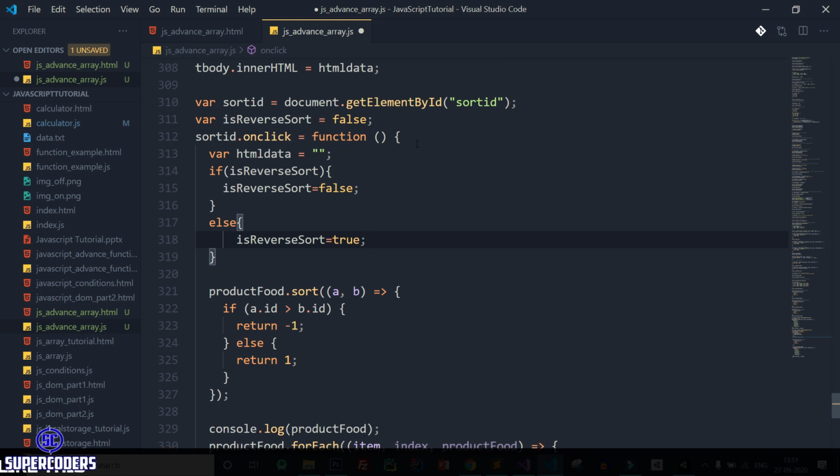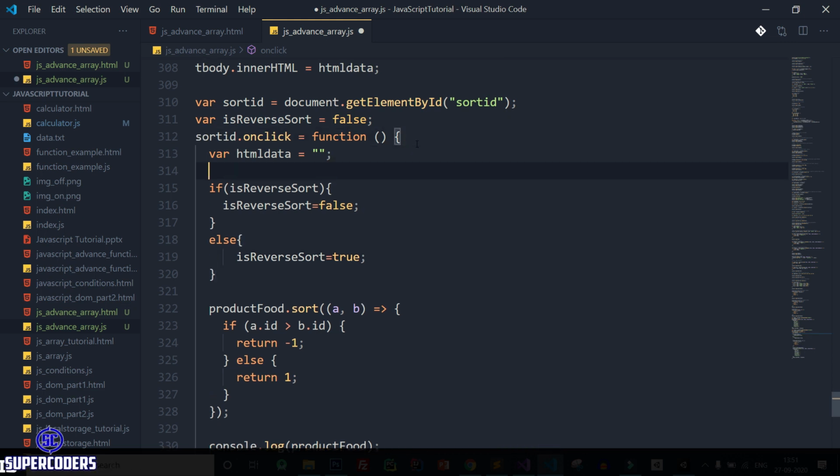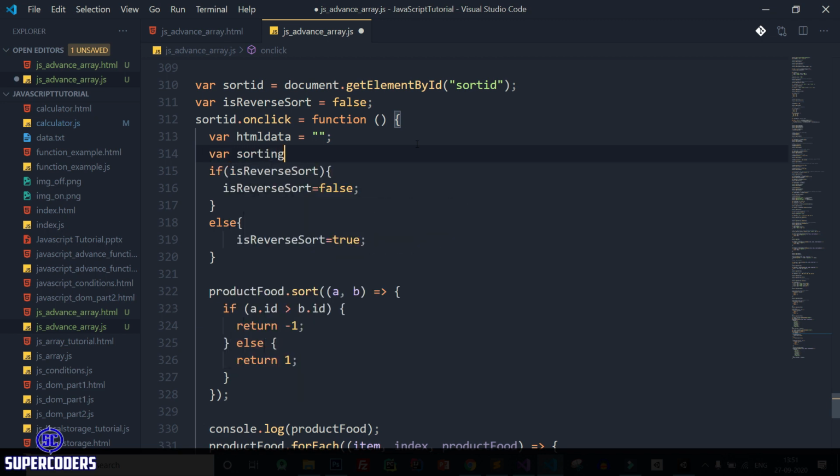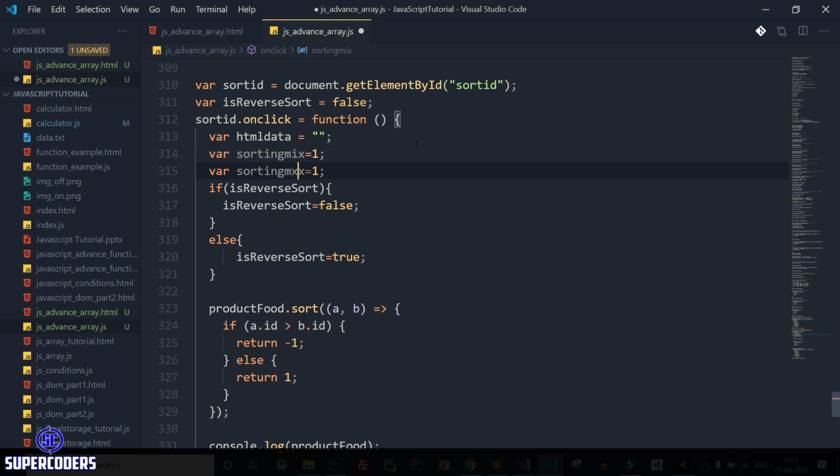And here sorting min equal to 1, sorting max equal to -1.